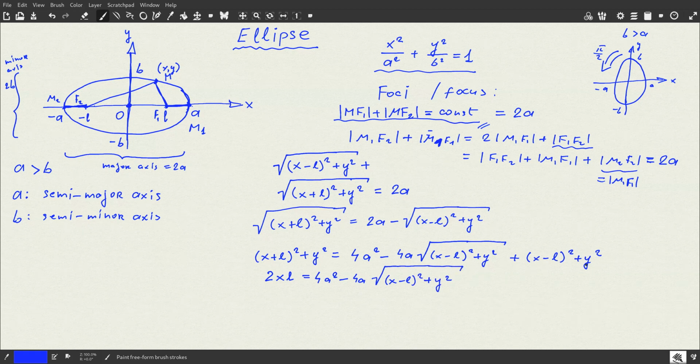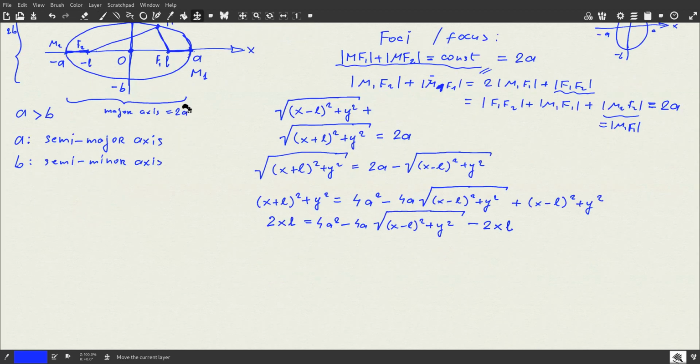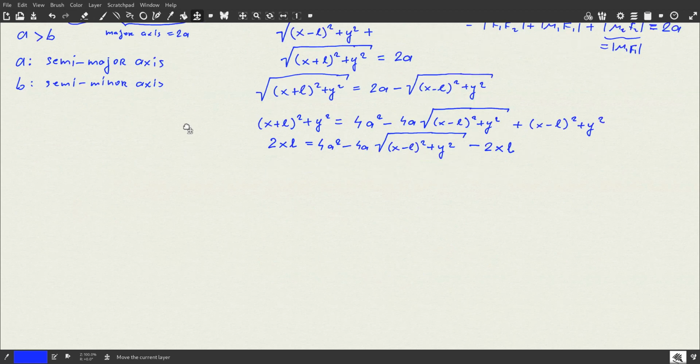Again, x squared, L squared, and y squared are dropped. Minus 2 times XL. Okay. Now, moving, obviously, we'll get 4 times XL. Moving all terms without the square root into the left-hand side, for example, we would get, and dividing by 4, and changing the sign, we would get